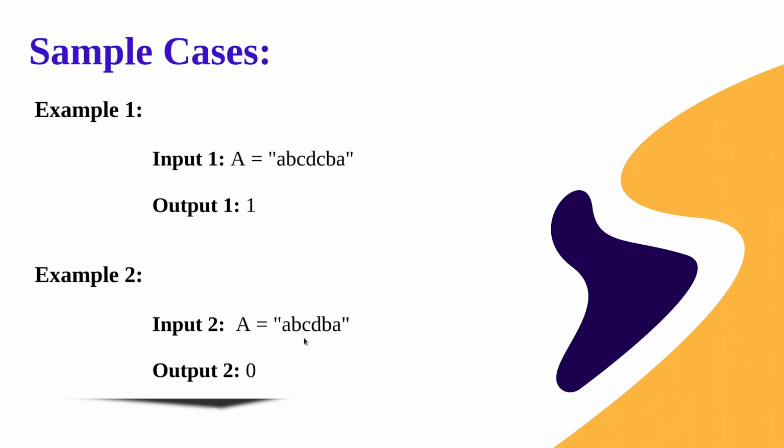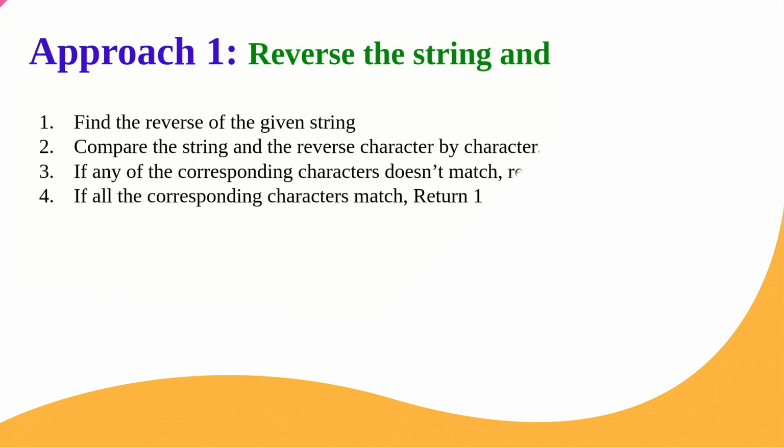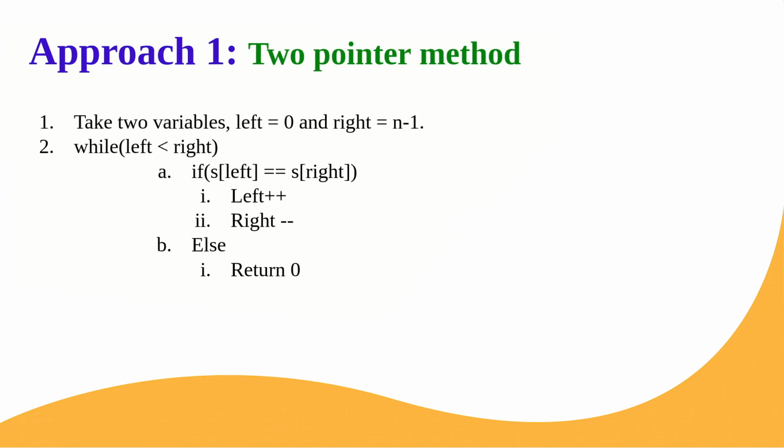But for even length strings, here as you can see, A and A is matching, B and B is matching, but as you can see, the C and D pair is not matching, so that's why we return that it is not a palindrome. Okay, so let's understand this approach from the coding point of view.